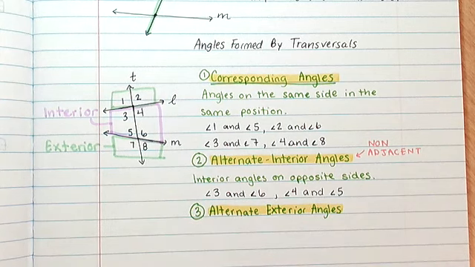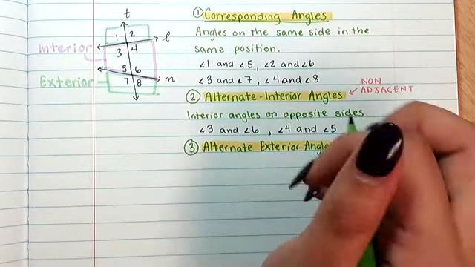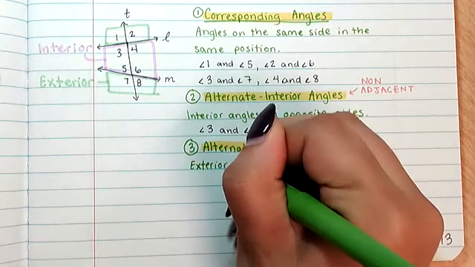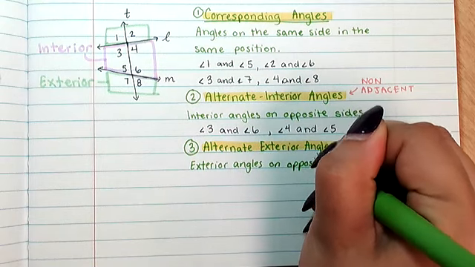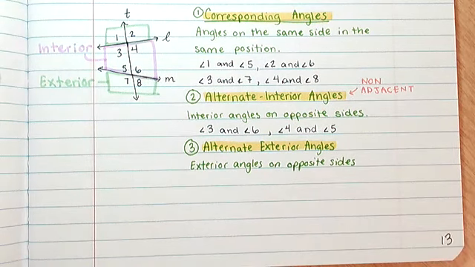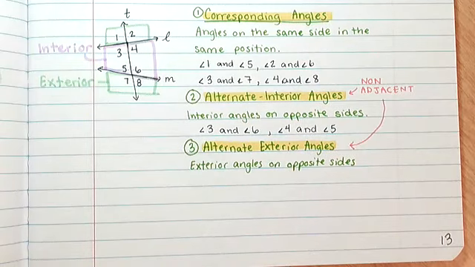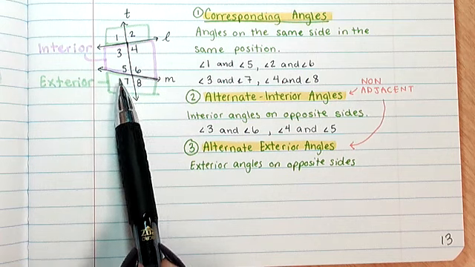And if you got alternate interior, these are very similar. So, alternate exterior angles on opposite sides. And guess what? That non-adjacent also applies to this guy. So because we're talking about non-adjacent exterior angles, we're working in the green region now, those that are on the